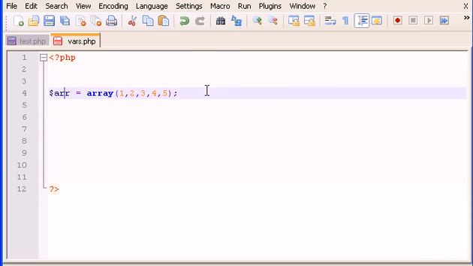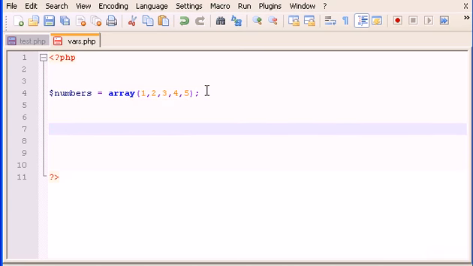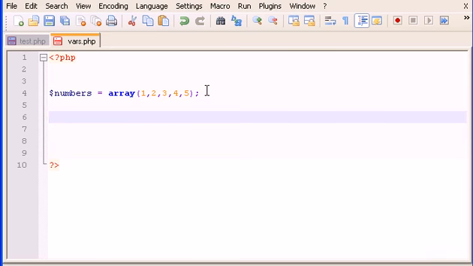So here you can put R, but you can name this as, let's say, list of numbers. Okay, numbers. So we have an array inside a variable called numbers. To use that array, or if we want to echo one of those integers inside the array,